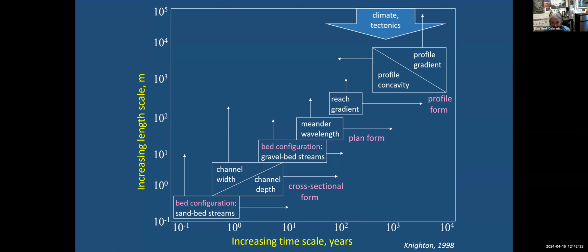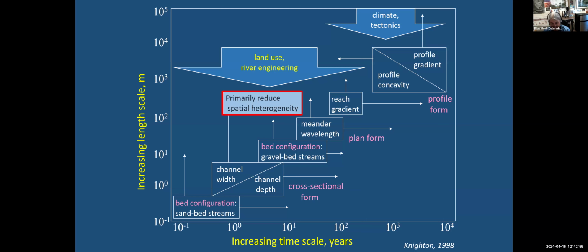So at the largest time and space scales, we're not doing much as humans. We are changing climate, but climate and tectonics are sort of independent variables for a lot of what we do. It's at the short to intermediate timescales and small to intermediate space scales that our activities within the catchment, things like changing land cover, and within the river corridor in the form of river engineering, have the most effect. And the net effect of that has been to reduce the spatial heterogeneity of most river corridors. So as we go forward, a lot of river engineering and management now is focused on trying to restore some of these characteristics that I've been talking about, like spatial heterogeneity, physical integrity, ecological integrity.